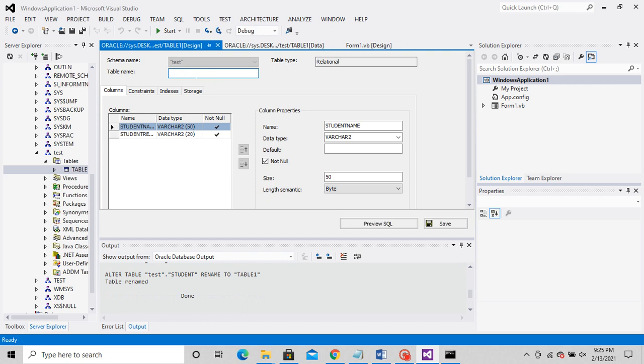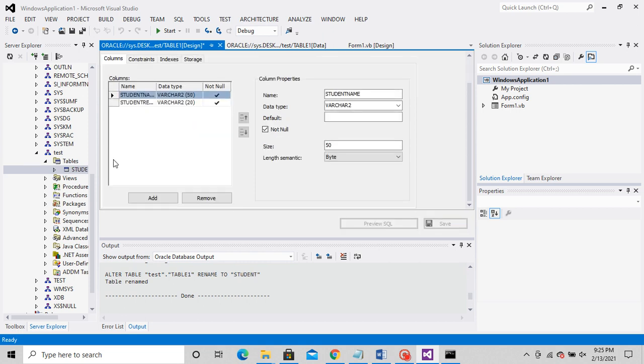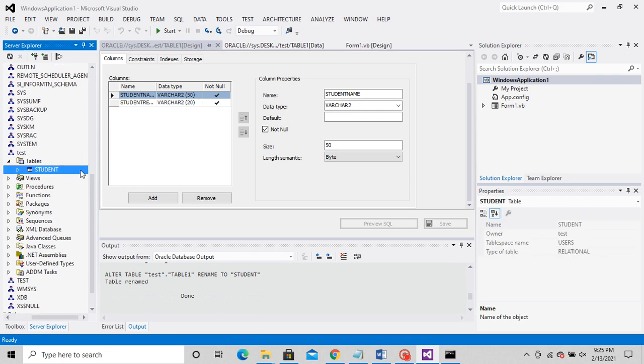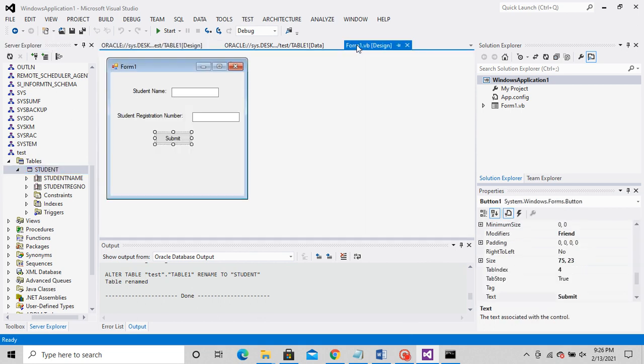I gave the name as student, and then you can save it. After you save it, you go to the server explorer and check it. See, the name of the table is changed now. If I click on this, I have the two columns which I made. So now my table is made already. My next step would be to insert values into the table via the form which I have created just now.